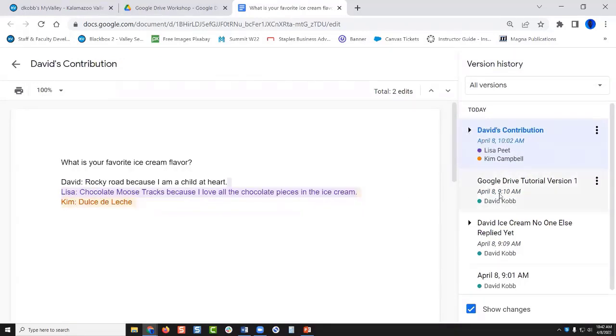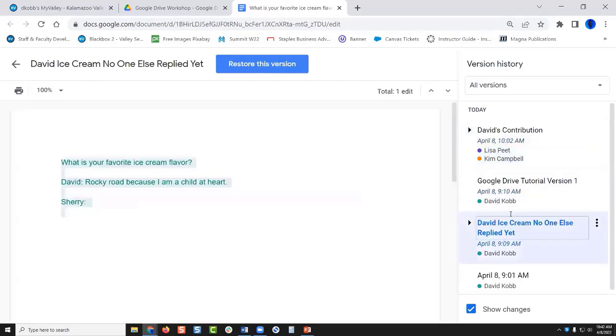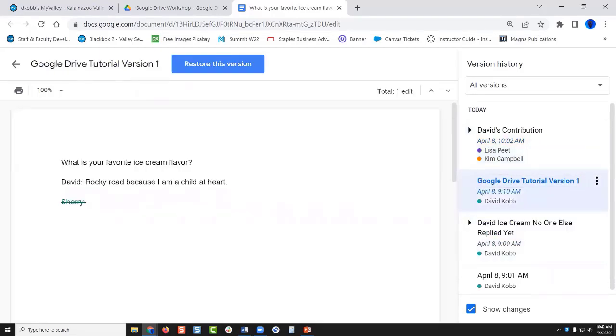So this is a super handy thing when you're working on a document with multiple people, being able to keep track of the versions and the changes that have been made. Occasionally you might run into the scenario where one of your collaborators makes a change on the document that you don't want to keep. Maybe they deleted something that you had and you know you really want that in there, but you can't remember the wording. You can go back through the different versions and find the version that had what you had typed and say, okay, this is how I said it. And either paste it back in the current version or you can restore the old version like before they deleted it.